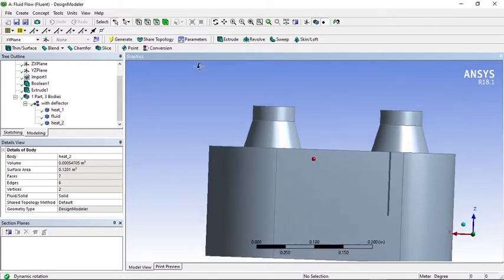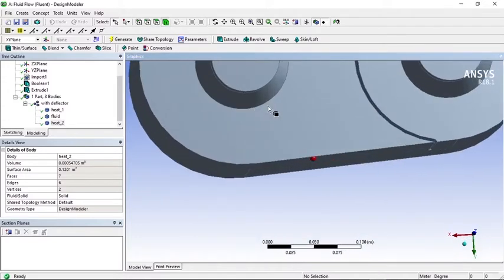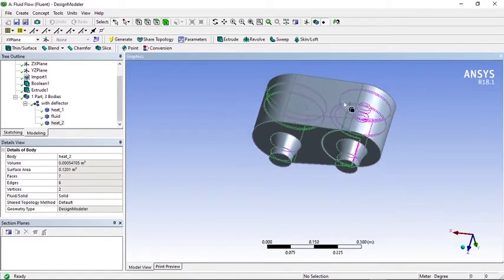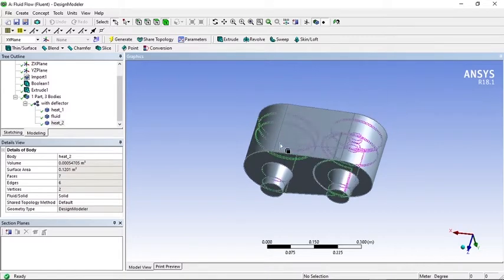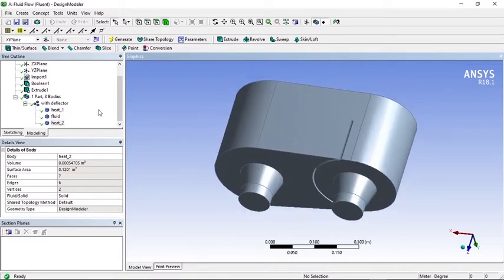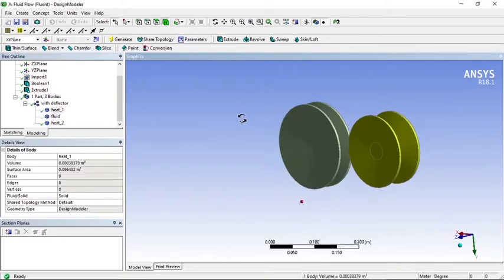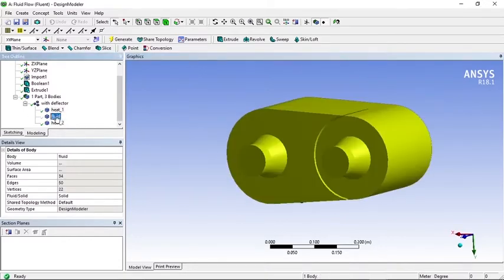After that's done, what's next? Since you have separated it, it is better to rename it, so it is easily identifiable in the setup when we perform the CFD. So either you name it primary or secondary. If I just hide this body, you are able to see this is my source 1 of heat, this is my source 2, and this is the fluid body.